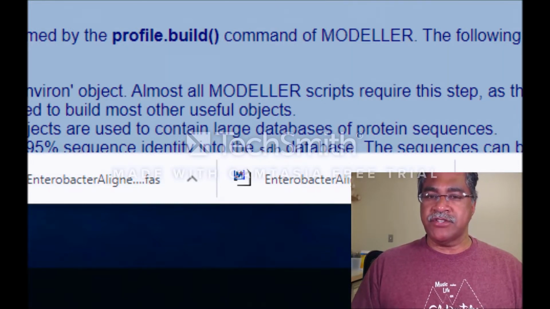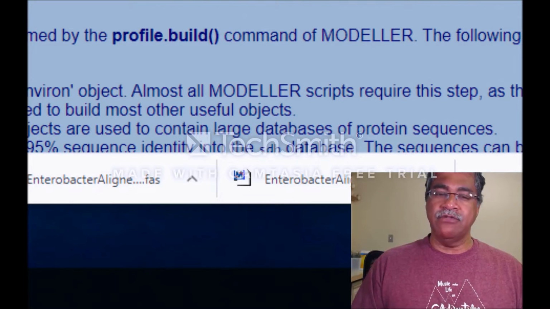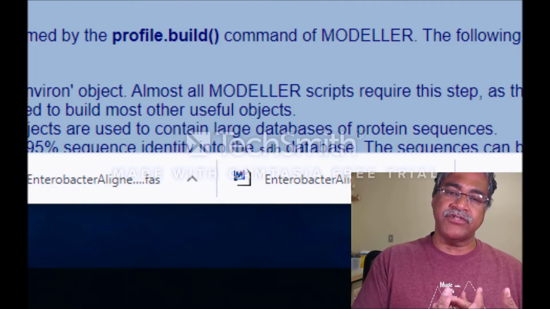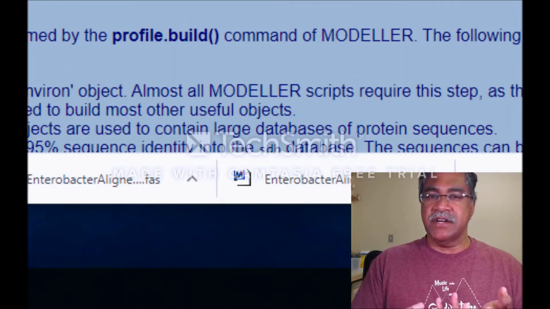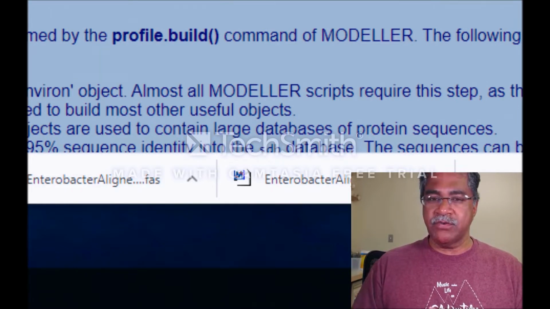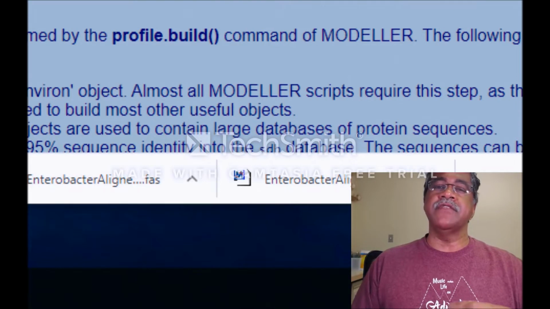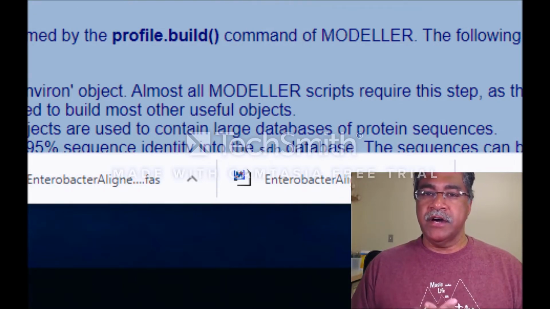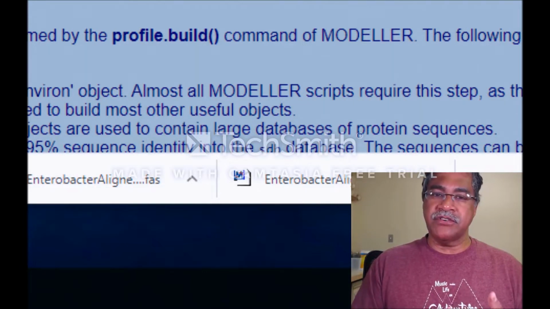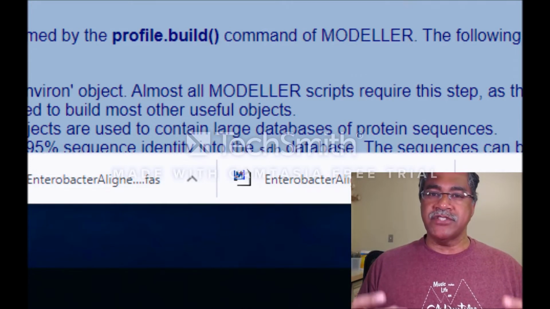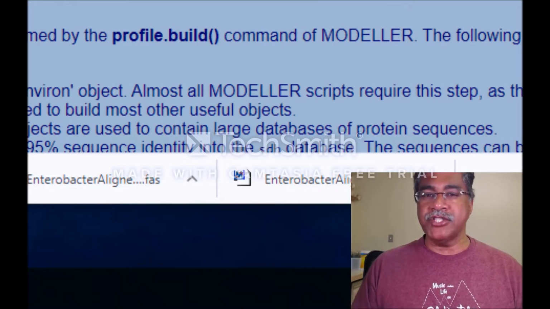If I know a structure whose sequence and whose function I know, and if I find a sequence of an unknown whose structure I don't know, but has identity or similarity with my template sequence, then I can confidently believe that the sequence of the unknown structure is likely to have a similar structure. That's the foundation on which this notion of homology modeling rests,